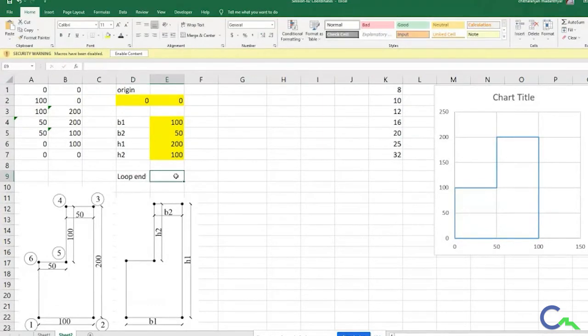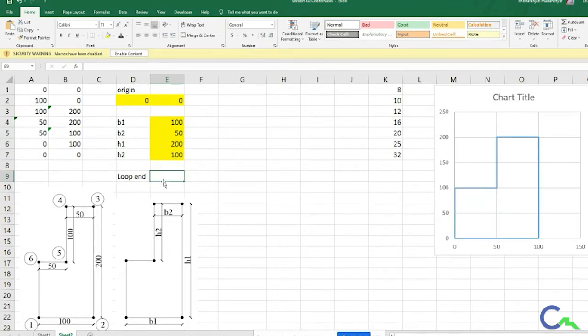Okay, so I have two options. Either I have to keep this as open or close. Once I complete this one, you'll understand what I'm doing here. So I will go for the list option, where it is either open or close, isn't it?